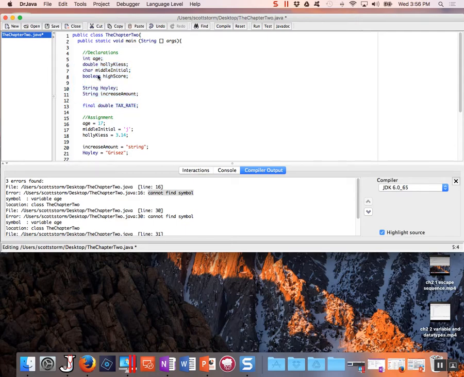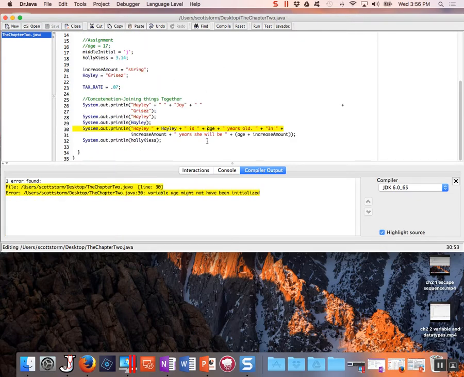Okay, so we've cleared that error out. How about if we don't make the assignment? Okay, so in other words, we've made the declaration, but we didn't show up for the reservation. Okay, and then we tried to use it. And we get a new kind of error, and it's variable might not